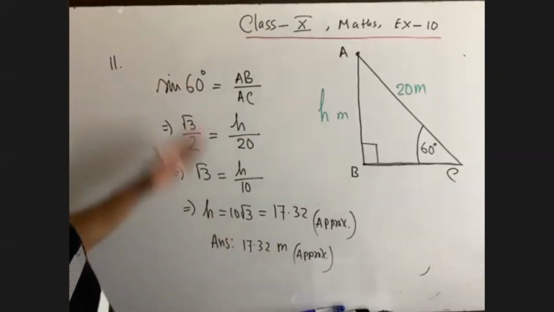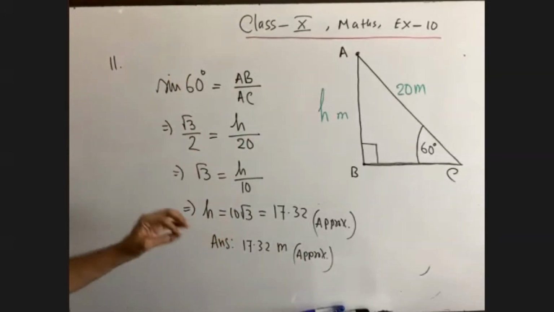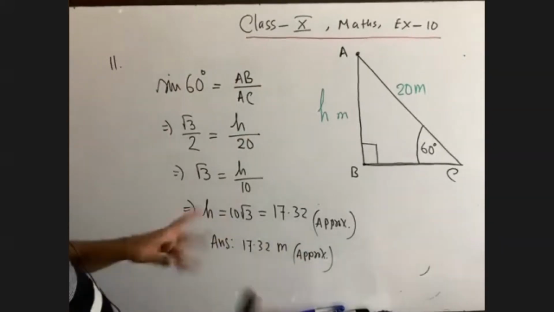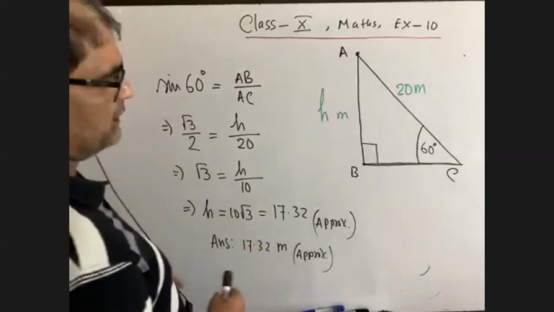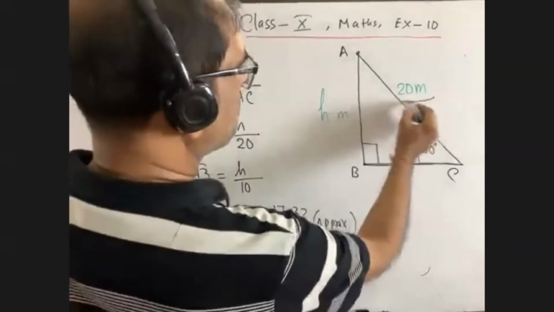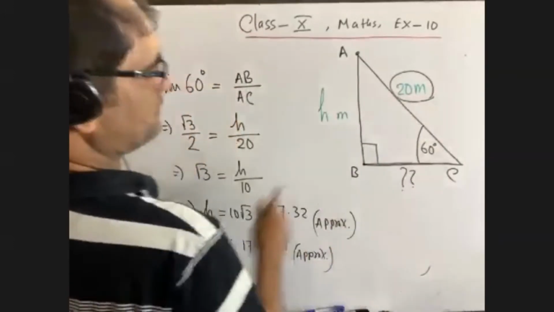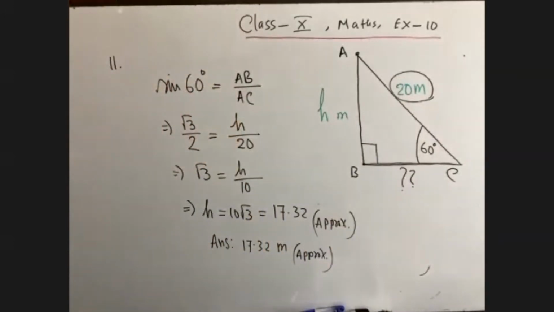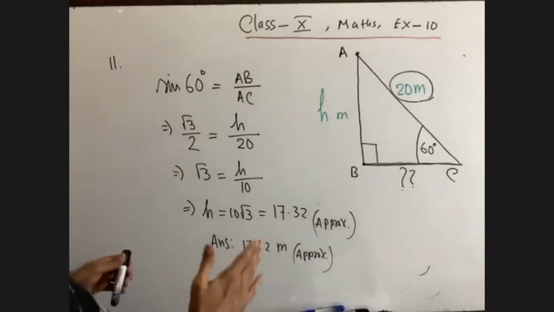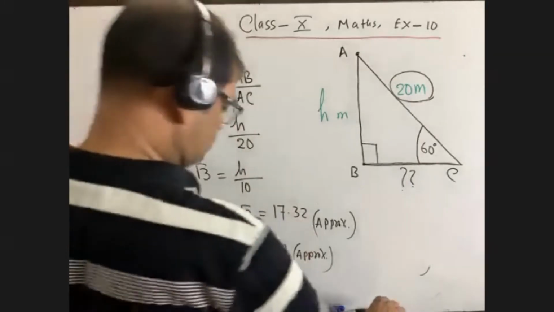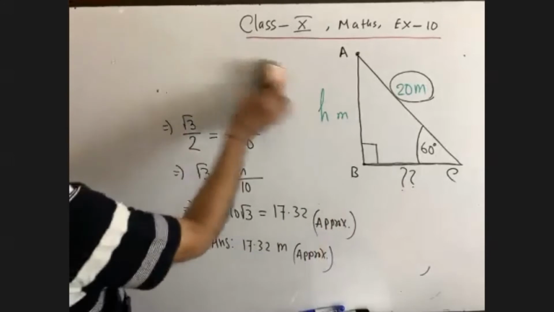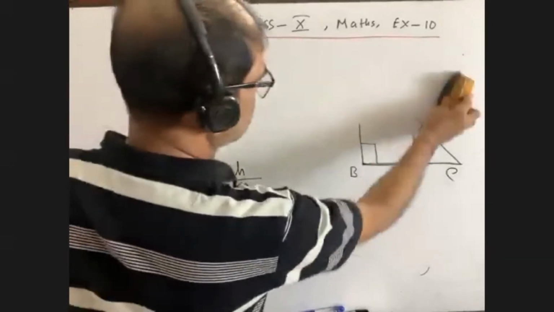According to the question, we are right, but though we really don't have the answer. In the Bangla medium book, it is written clearly where this 20 meter is to be considered as the base. If we consider this 20 meter as the base, then our answer will be okay. But according to the English version book, it is absolutely okay. I think you have got me. Is it okay?